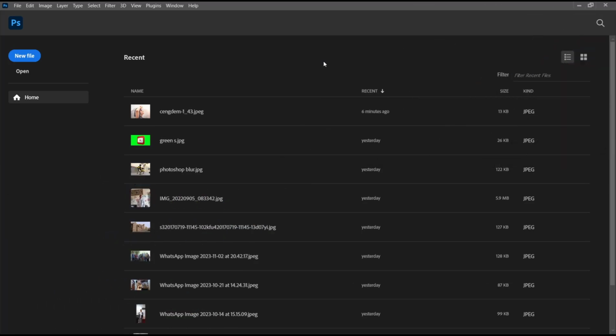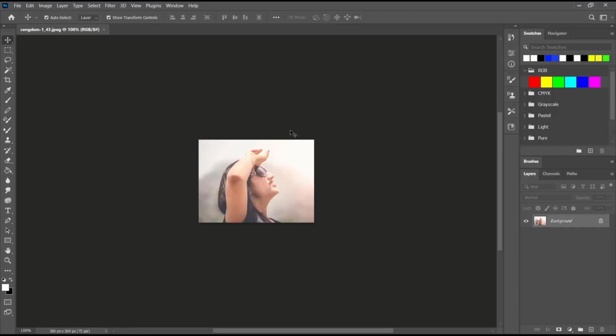Hello everyone, today we are going to learn basic Photoshop tutorials: how to create a halftone effect. Okay, I will insert an example image. I will use this image, and if you want to create halftones, we need to convert this image into grayscale